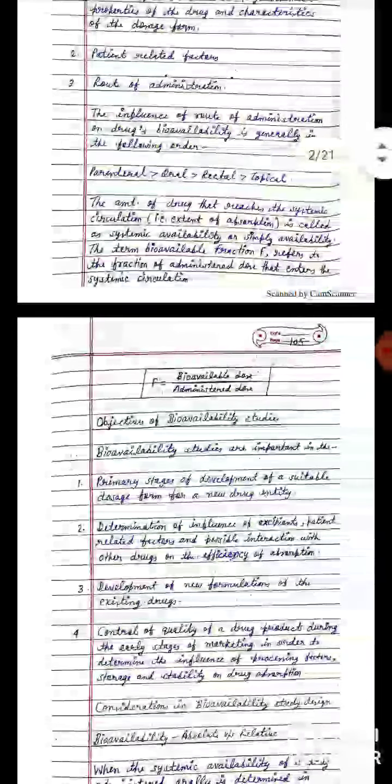So, what are the various objectives of studying this bioavailability? See, the first is that in the primary stage, the pre-formulation study, when we develop a new drug into a dosage form; to determine the influence of excipients, patient-related factors, and possible interaction with other drugs; to develop new formulations of existing drugs; quality control; comparison